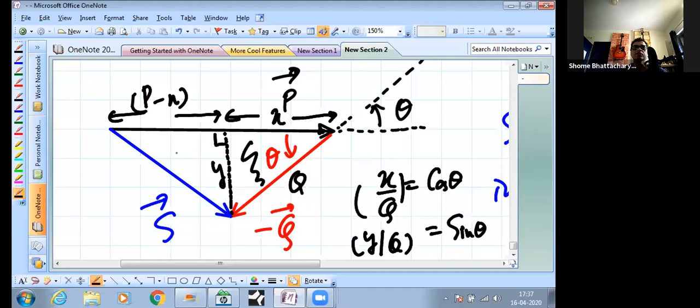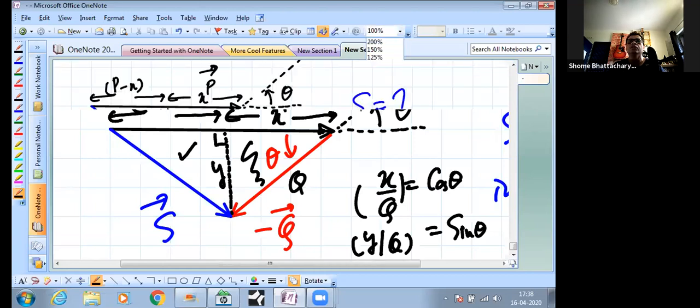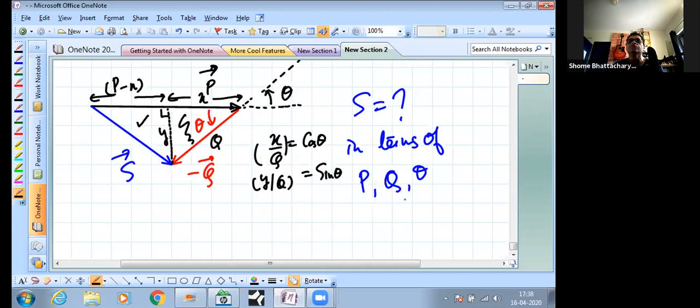And then next what we'll do is we'll solve this triangle in which we'll find this side s. So it's a very similar operation to what we've done for triangle law vector addition. Only the diagram becomes a little different now because the interior angle is theta, not the exterior angle. So what I would suggest is now you go through this diagram in detail, and work out the value of s in terms of p, q, and theta. Just try this out. And the moment you work out the answer, you will get the relationship that the question is looking for.